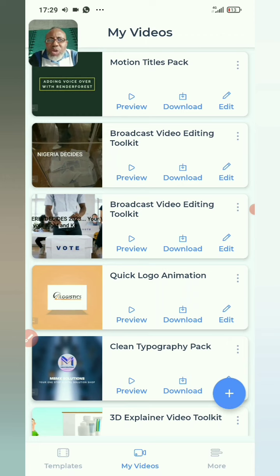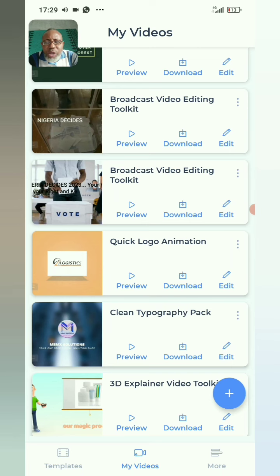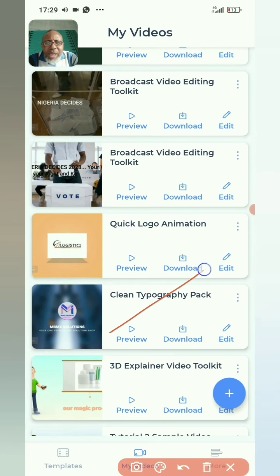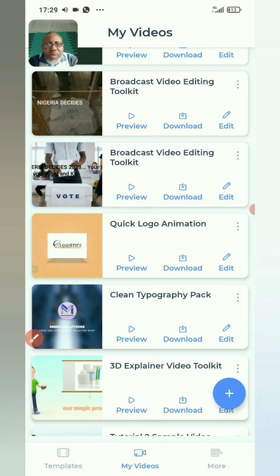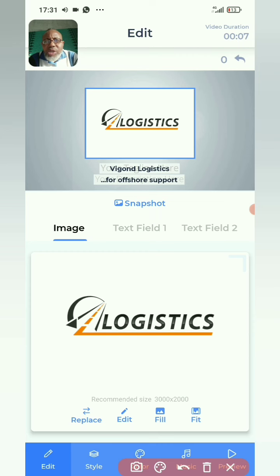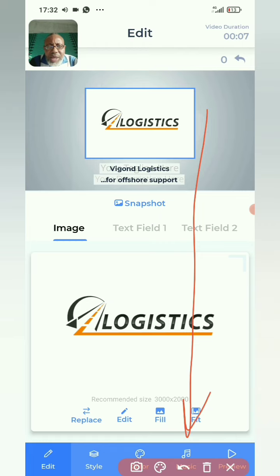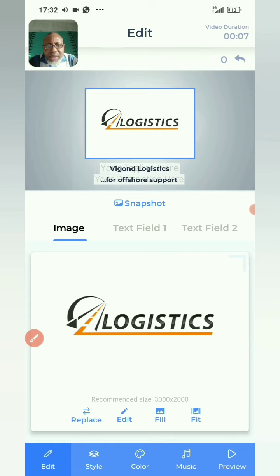So what you're going to do, you come to My Videos and you select which of the videos you want to add a voiceover. So you just come and select on Edit. Select Edit on any of the ones that you want to work on. So I select Edit. So you come straight to your music icon here. Meanwhile, we are using the mobile app. I will also show you briefly if you are using the website. Okay, you select music